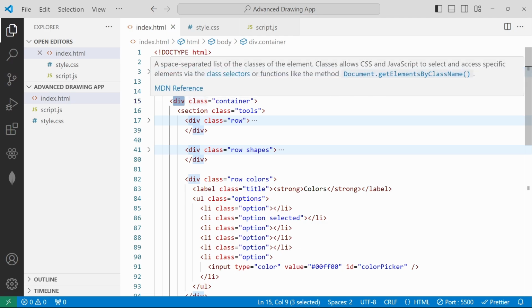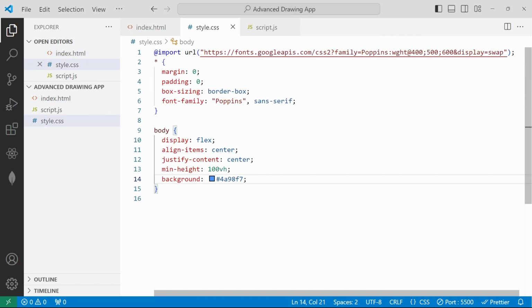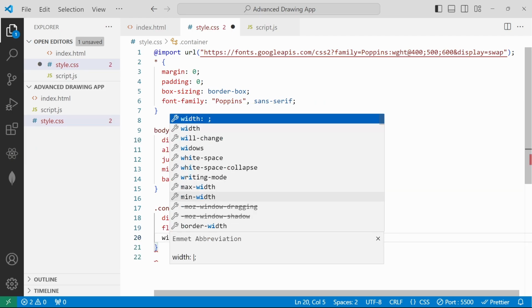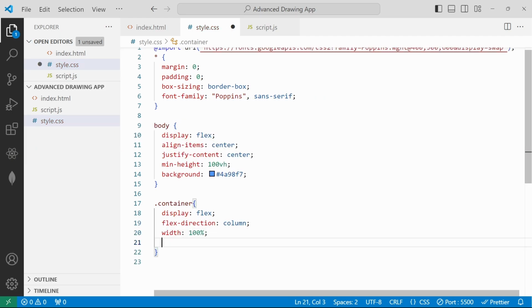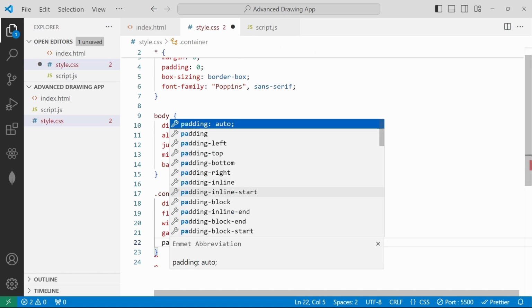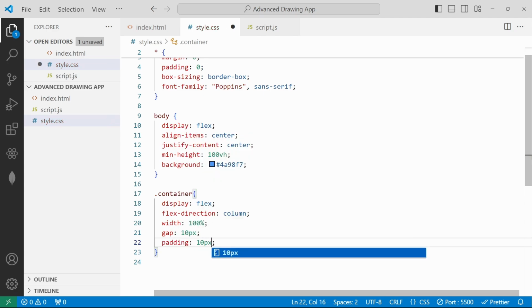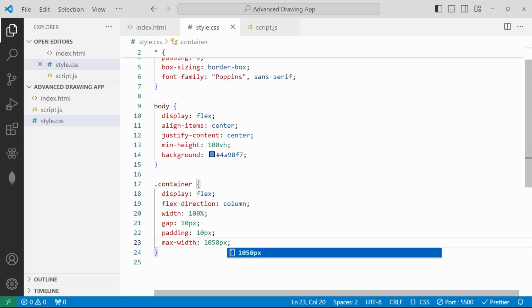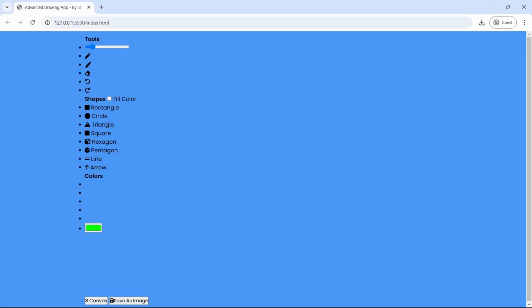Instead of that, we can use the class as container with the help of the dot selector and then the value container. We'll set the display flex again, and we'll set the flex direction to be column, and we'll set the width of 100 percentage, and we'll set the gap to 10px. We'll set padding, inner spacing, of 10px, and we'll set the min width to 1050. If I save and go to the browser, here we can see the container is placed into the column